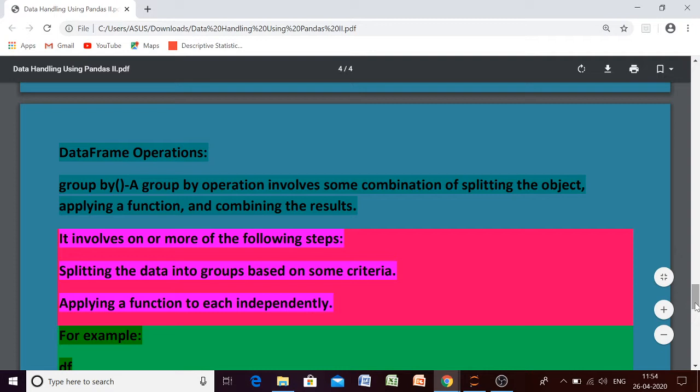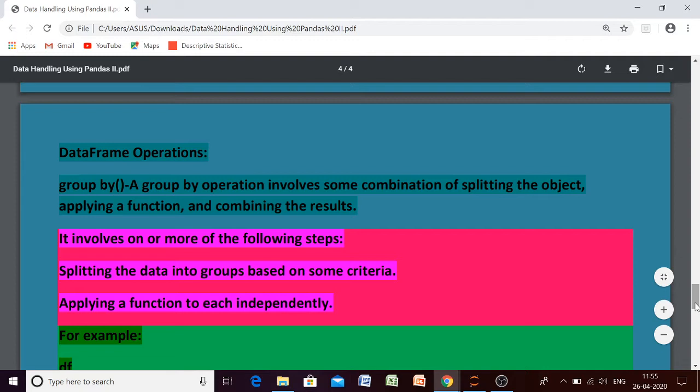Today we will discuss some advanced operations that can be performed on our data frame, and one of the very important concepts here is the group by function. Using the group by function, we can split our huge data frame into small subsets. It involves two important things.